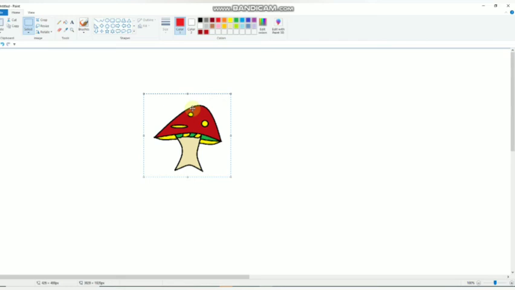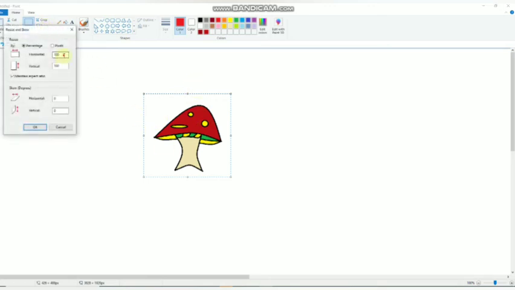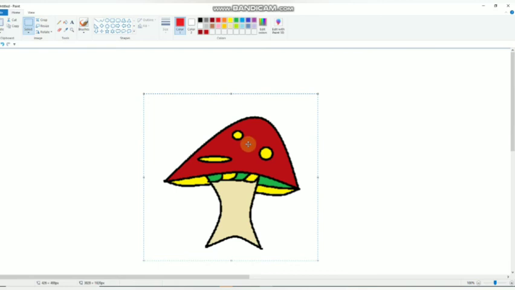Like this, you can change the size. If you want to increase this mushroom size, then again click on resize. Now this is the 100% ratio. If we want to increase, then we have to write here 200% and click OK. See here, see the changes.